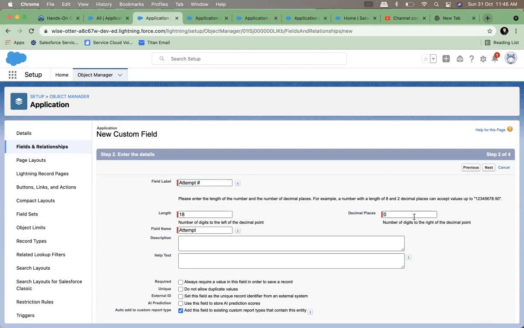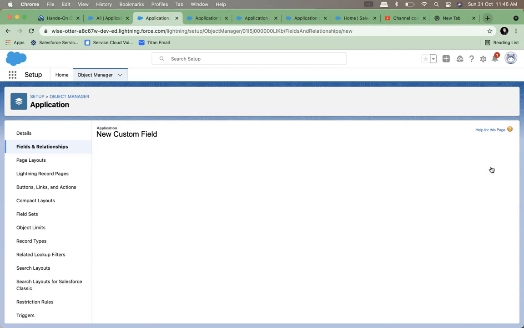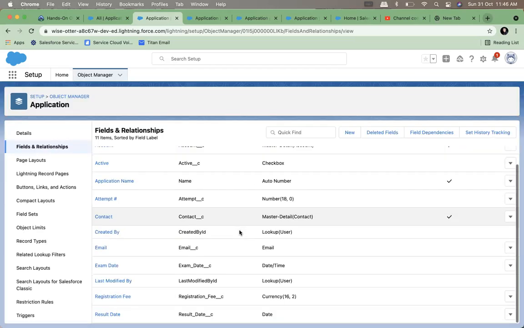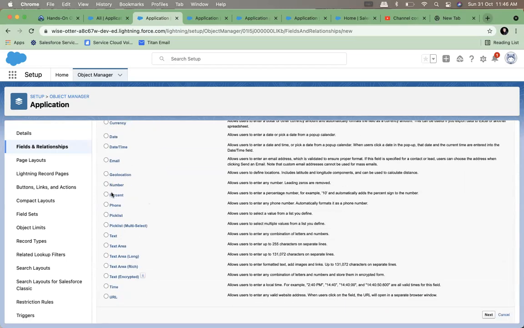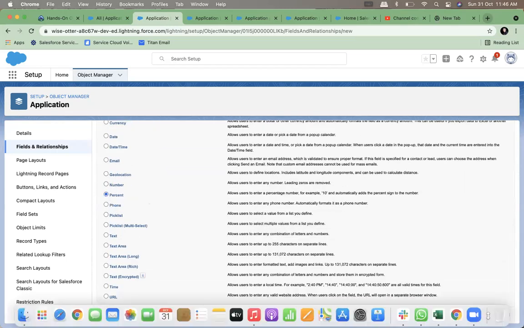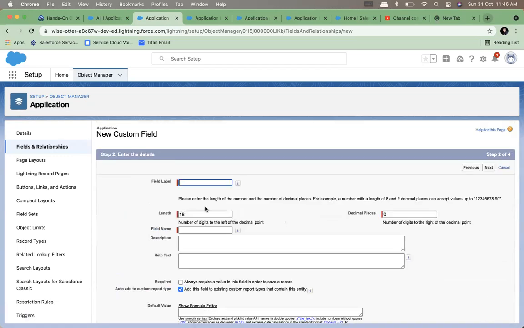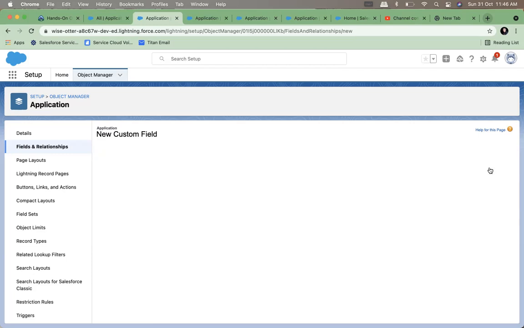There is no need for decimals for it. You can have percentages also, like pass percent. Pass marks is usually in percentage, right? And it will also have a decimal place, so it should be 18 in total. 33% should be the pass marks, right?